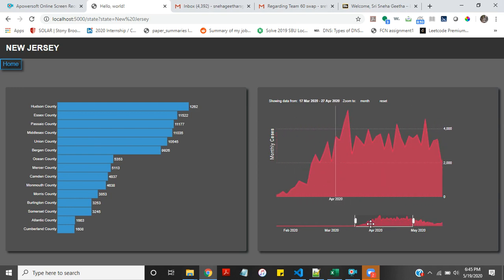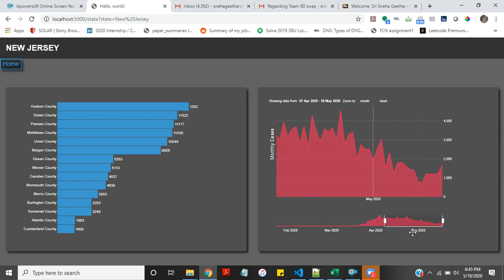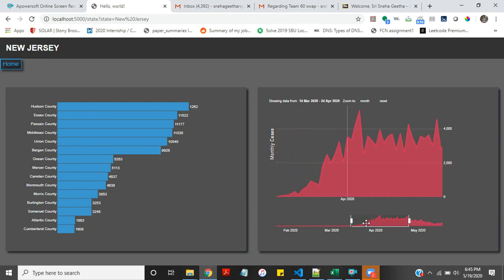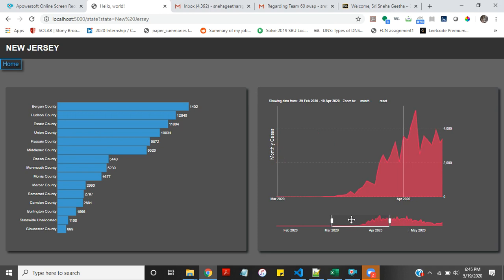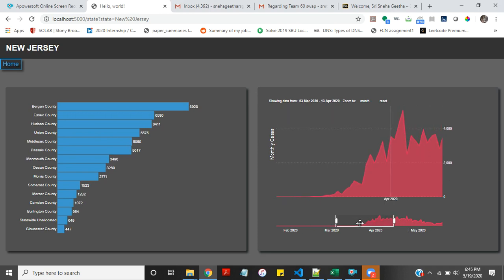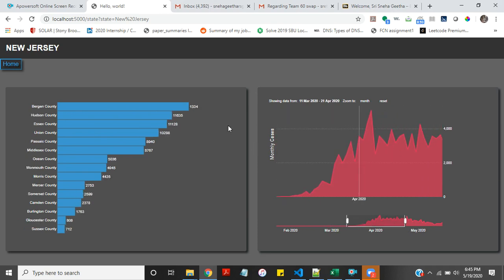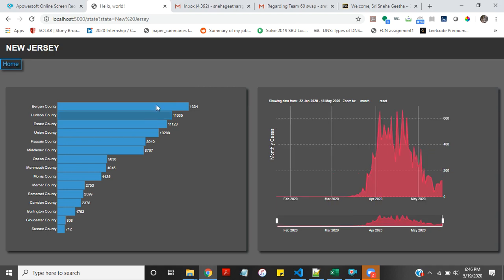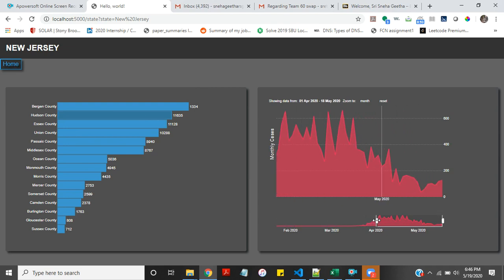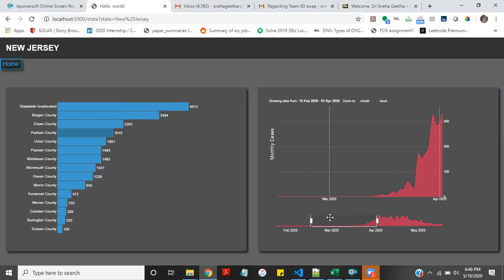This is a very informative visualization because it helps one understand how the different social distancing or medical treatments are being effective. Here on the left, we have a bar chart of the top 15 counties with the highest number of cases. Upon selecting one of the counties, for example, Hudson County, we can see how the individual curve of the county is changing over time. We can see how Hudson County's number has increased and changed. It wasn't always the first.